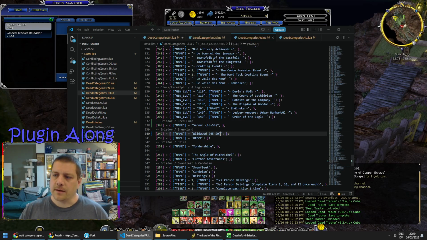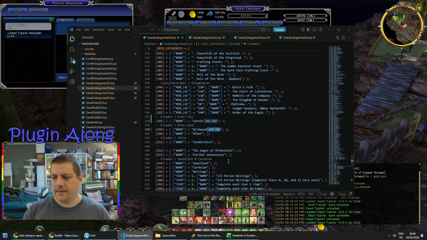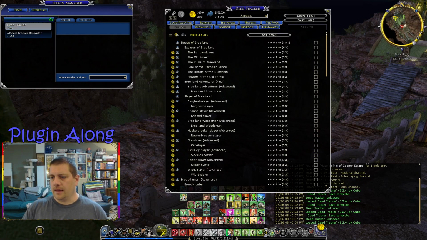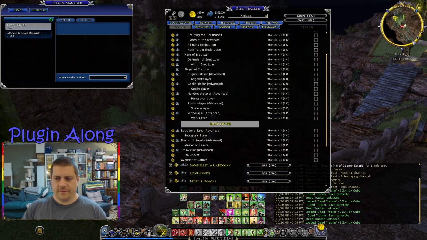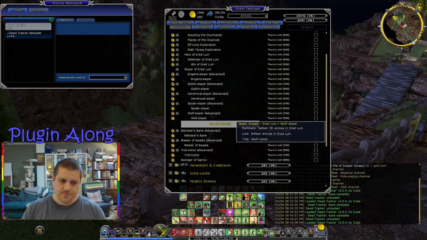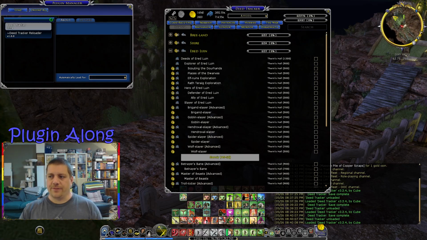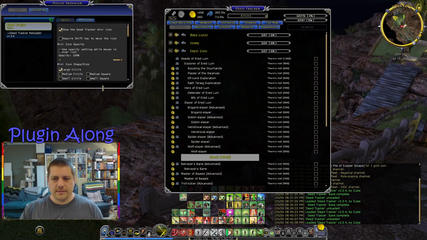Great. Okay. And then that's the first half of this. We have Wildwood, 45 to 50. Great. Sarnar, 45 to 50. But it might be nice to have a category for the first half that does spell out that level range. Now, if your level is low enough,